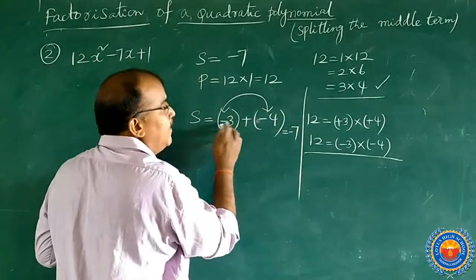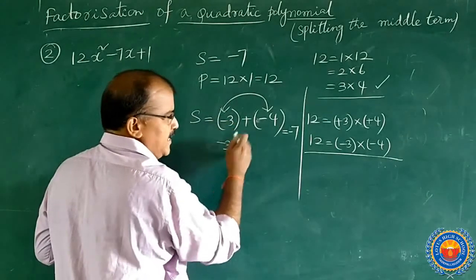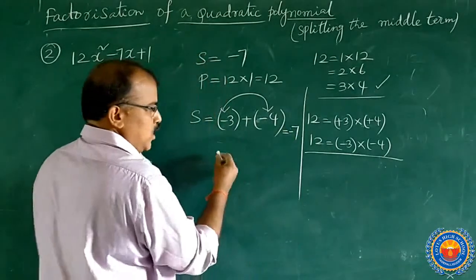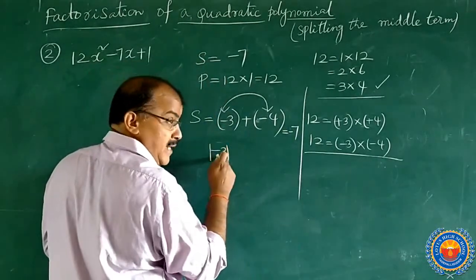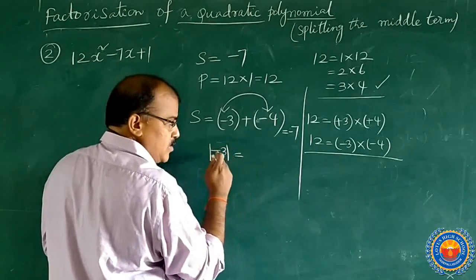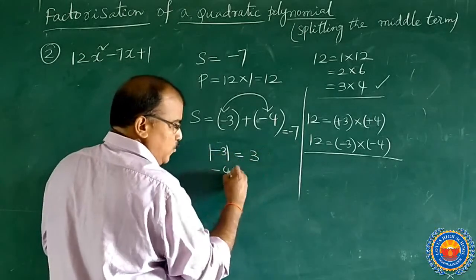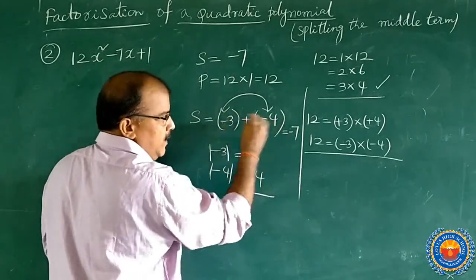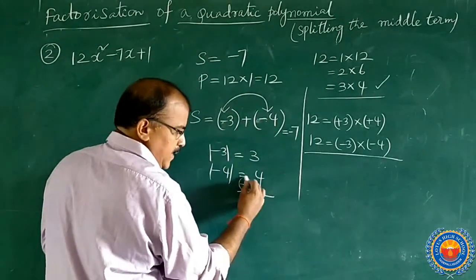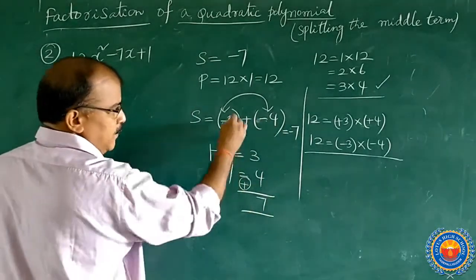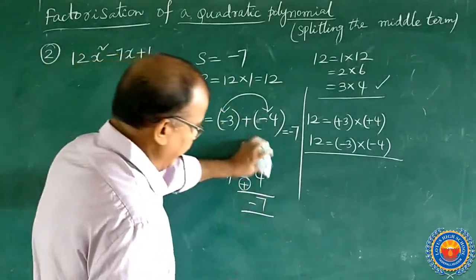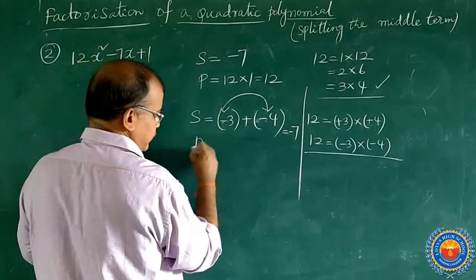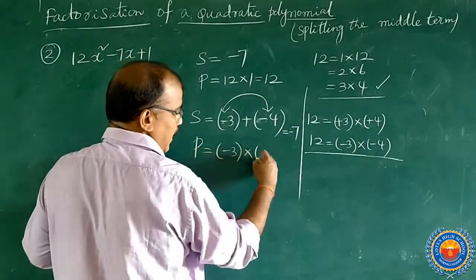If you want, you can verify. Break the bracket: plus of minus 3 is equal to minus 3, plus of minus 4 is equal to minus 4. Minus 3 minus 4 is equal to minus 7. Otherwise, the absolute value, the symbol is modulus, the number without sign: minus 3 is nothing but 3, minus 4 is nothing but 4. Here, same signs, both are same sign. That's why addition: 3 plus 4 is equal to 7. Both are negative symbols, that's why negative 7.